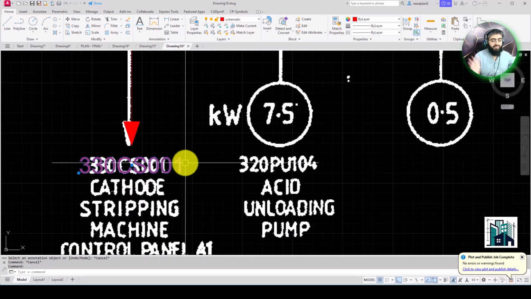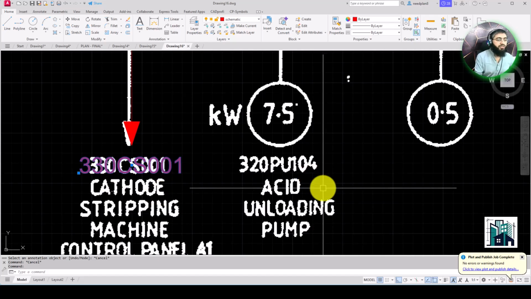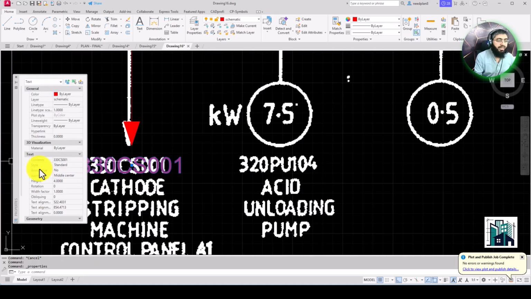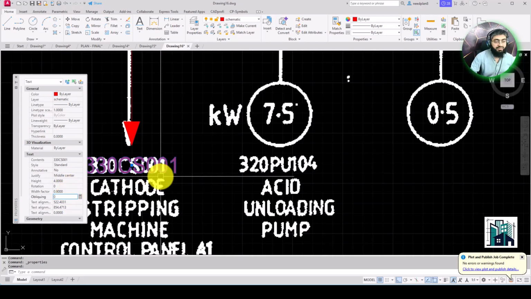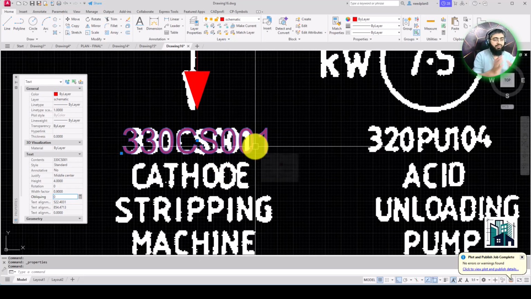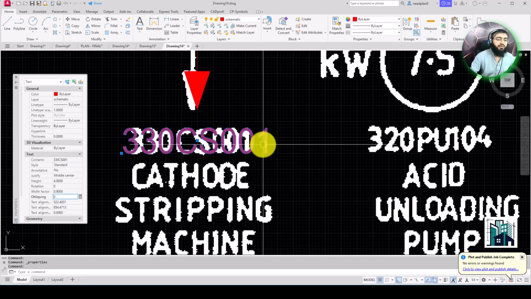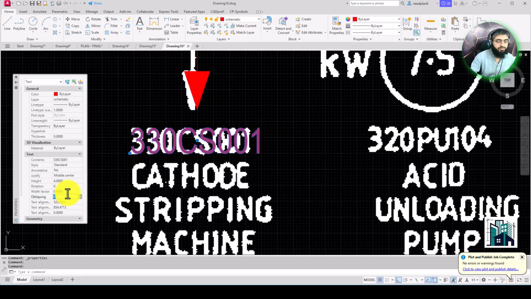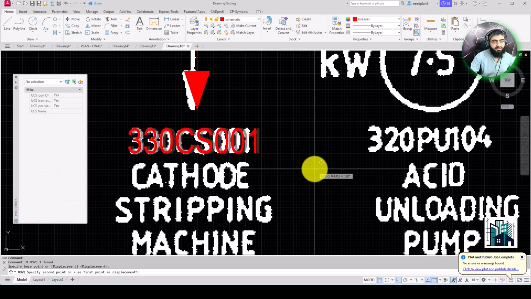You will see the width of this text is bigger than what we have. So you'll have to press Control 1 and then select width factor. You can change the width of this text using this option. So I'm going to put 0.8. So I think this one is okay.